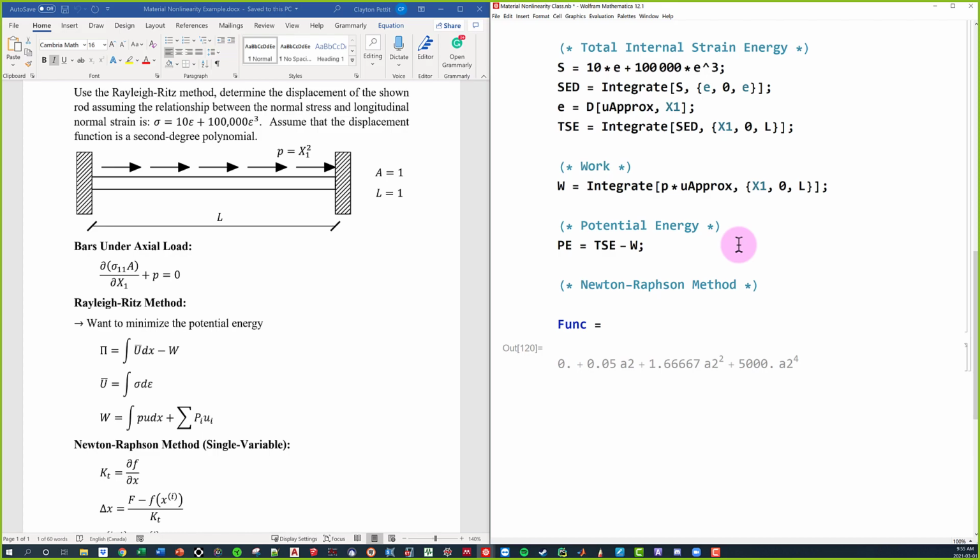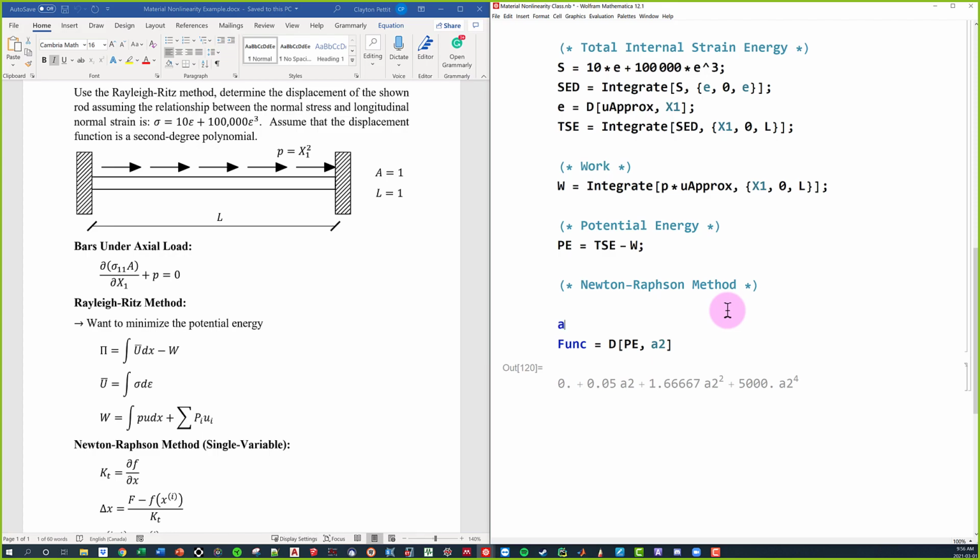When we're dealing with the Rayleigh-Ritz method, we want to minimize the potential energy. So our function is actually the derivative of the potential energy with respect to A2. And this is the equation right here that we want to set equal to 0. If we're looking at our Newton-Raphson method, we had that big uppercase F, which we set as our desired values. Well, in this case, our desired value is going to be 0. This is great because we have our function and we know what our desired value is. Therefore, we can do our nice Newton-Raphson method.